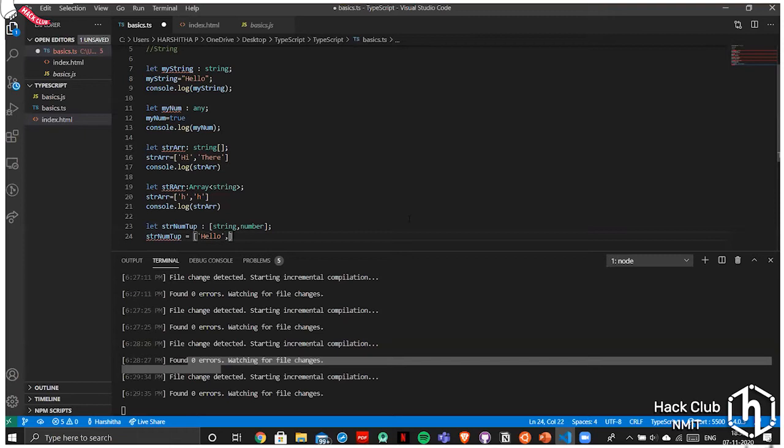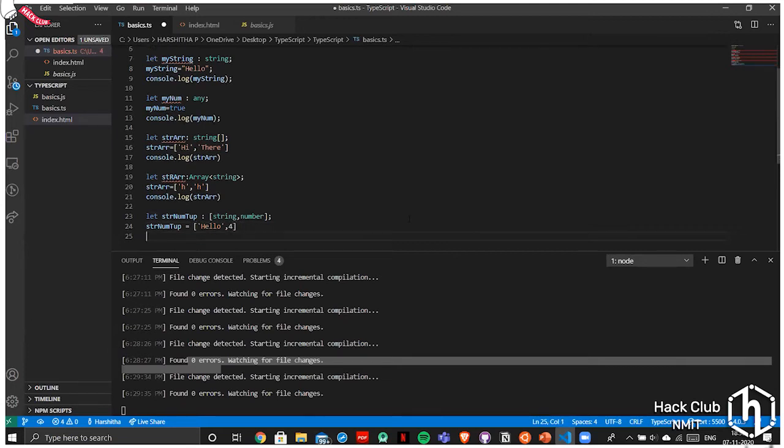Just keep the order however you've kept during declaration. Since I've used string first and then number second, do the same thing, don't mess it up, or else you'll get an error.